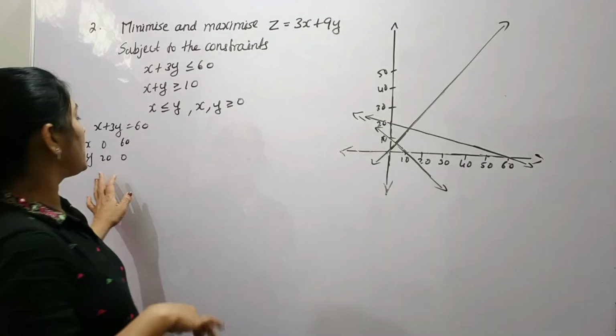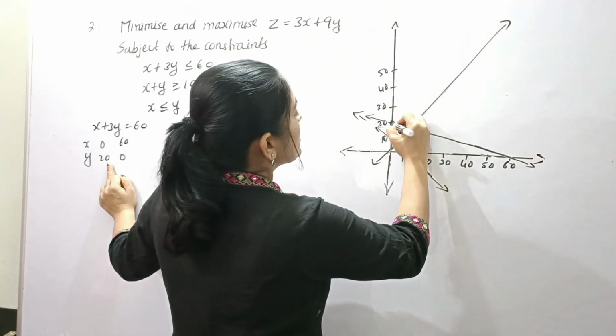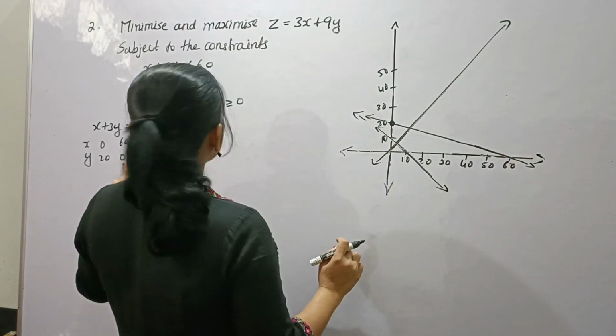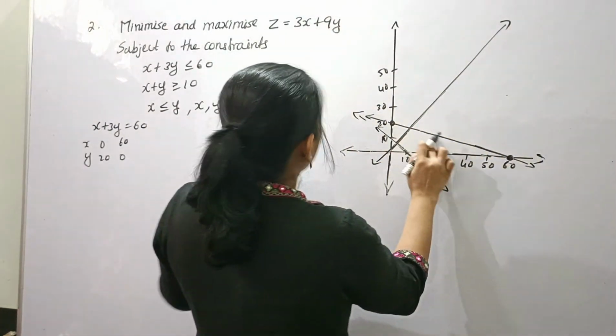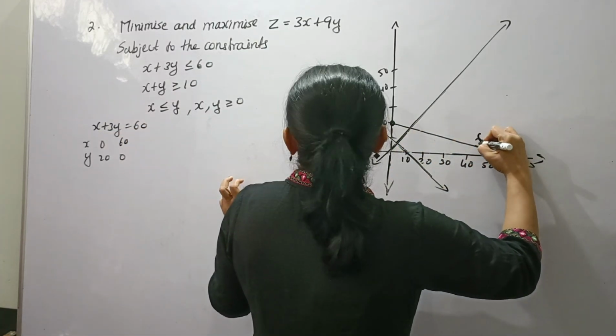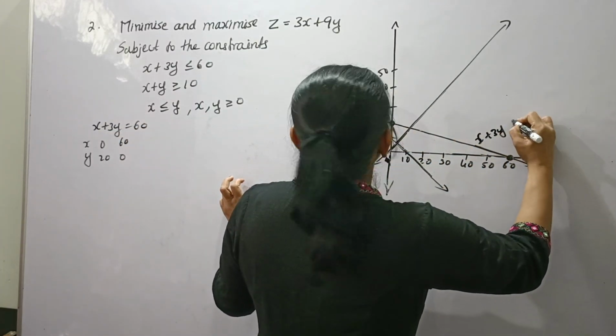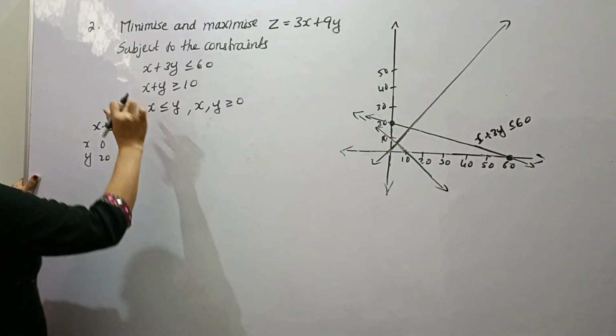So let's plot the points 0, 20 and 60, 0. Then join these points. So it is the line x plus 3y is equal to 60. The constraint is x plus 3y less than or equal to 60. Okay. Then next constraint